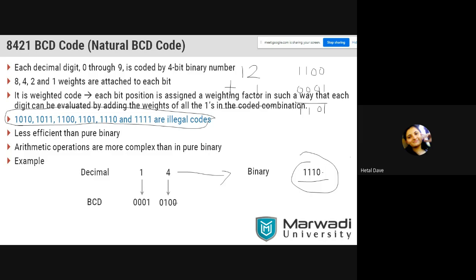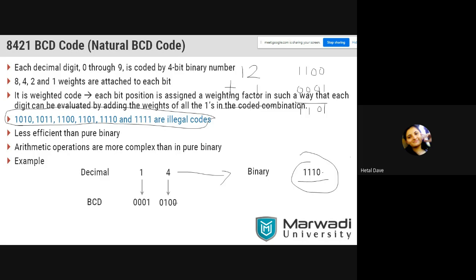We will remember this because in the next chapter there is a topic called K-map, Karnaugh map, where you need to make a mapping. At that time, you need to put box numbers. At that time, you need to remember BCD has these 6 boxes which will be don't care, illegal. But right now, we just remember. I hope you understand why these 6 combinations are illegal.